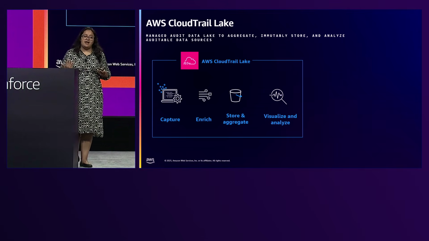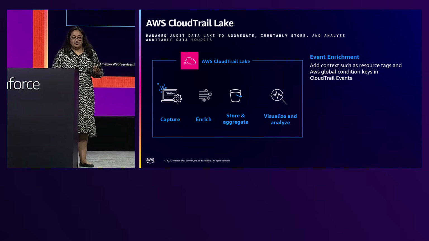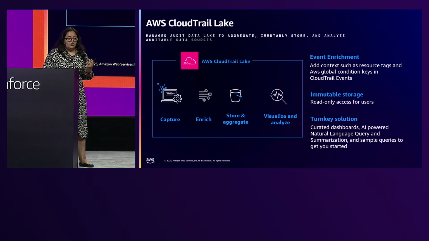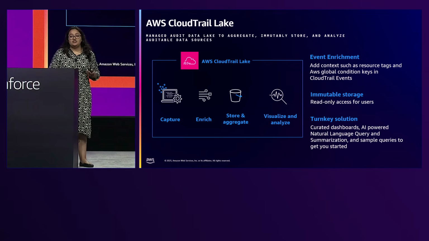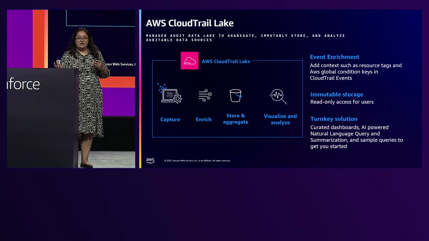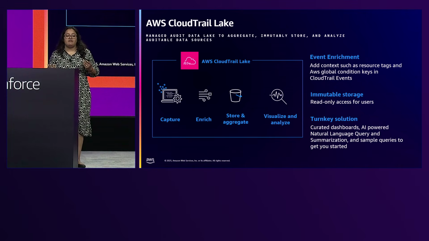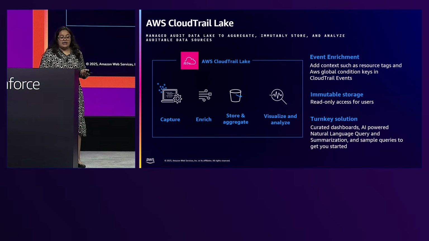You log it and forget it, and as and when you need to access this data, you can come and visualize and analyze it right within CloudTrail Lake. We would be talking about how you can use AI, so you don't really need to understand the schema of the CloudTrail event. How do we depict user identity, or where do tags sit in the JSON that we capture for each and every API event? You can just come in and ask a question, and it'll give you a query. You can run a query, and then you can get an answer on that.